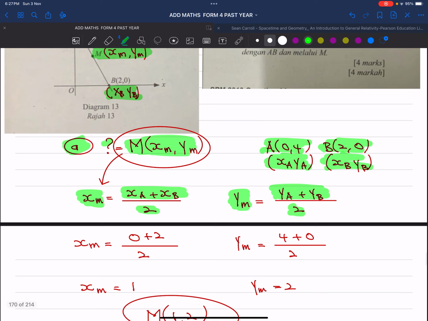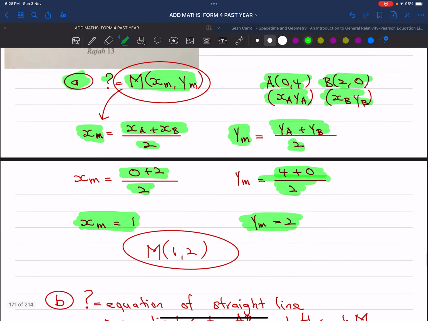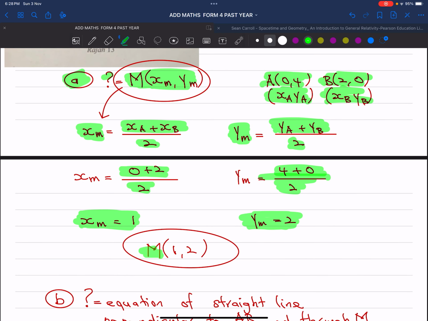So therefore, XA plus XB, XA is 0, XB is 2. So that would be 0 plus 2 divided by 2. Therefore, the X coordinate of point M is 1. And then YA plus YB, YA is 4, YB is 0. So that is 4 plus 0 divided by 2, which gives us the Y coordinate of M, 2. So our midpoint M is (1, 2). First part. Second part,